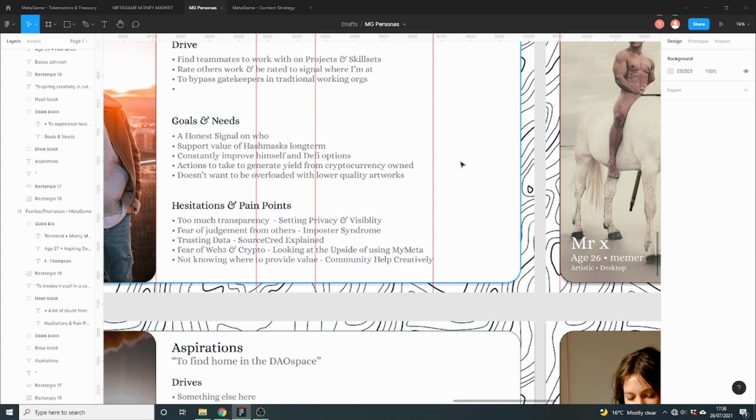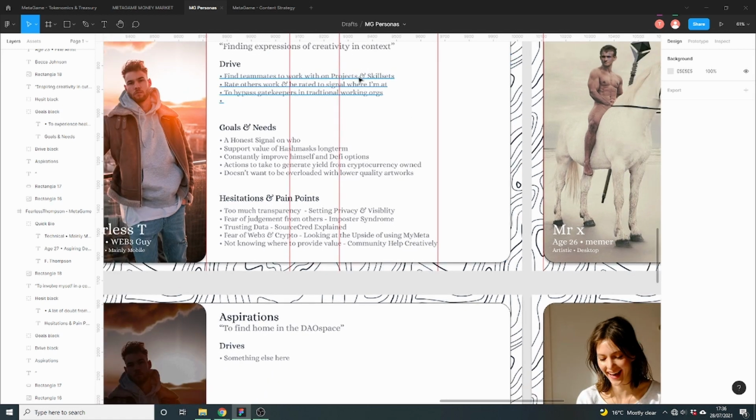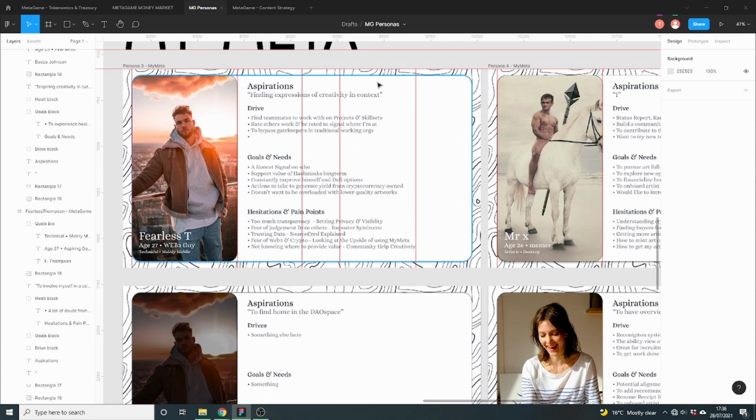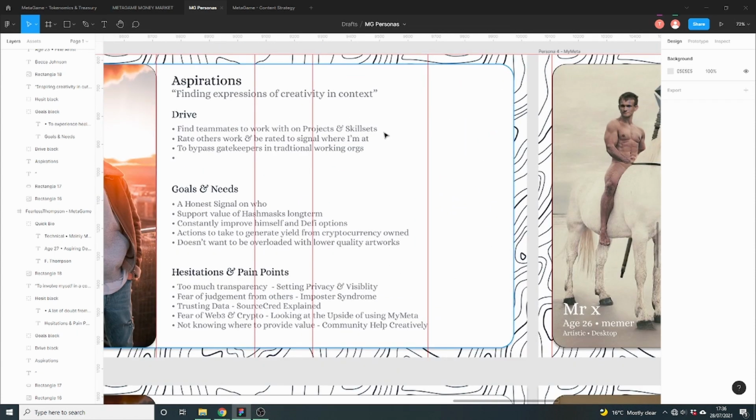So this is my persona for MyMeta, and one of my drives or aspirations for using it is finding expressions of creativity but in a better context. I want to know, okay, you've got a high level of experience, but what is it that you do? What have you worked on? Could that person potentially help me in the future with a project I have, or could that person be great to work with? I'd also like to know where I'm at with my particular skill set